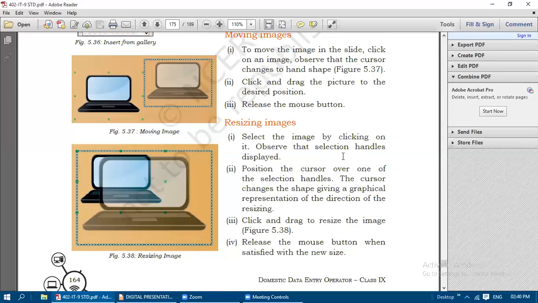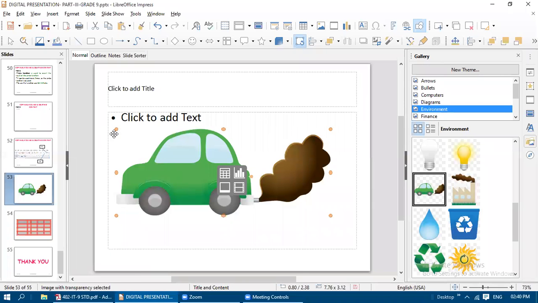Select the image by clicking on it. Observe the selection handles are displayed. See, these are known as selection handles. The circles are there now. These are all known as selection handles. Okay, so just by clicking on any handle,